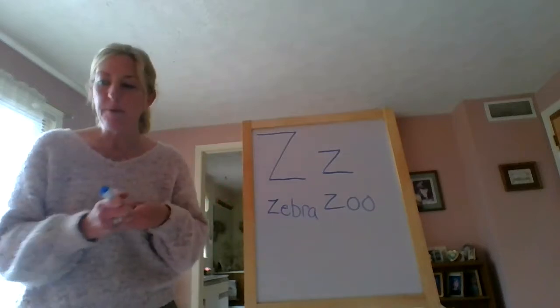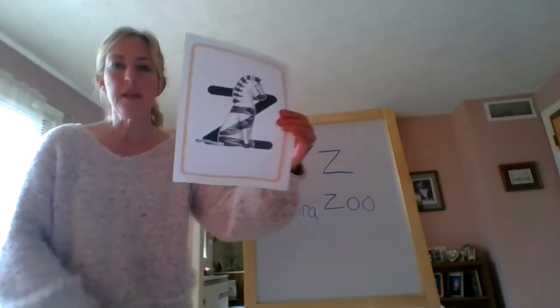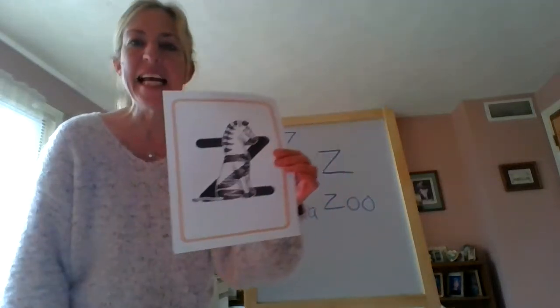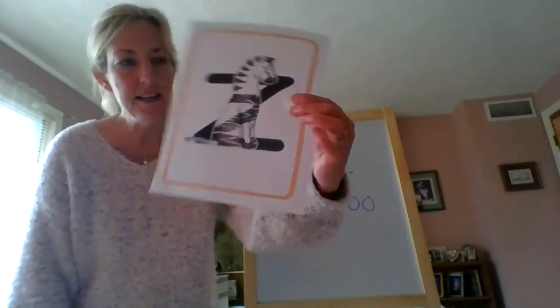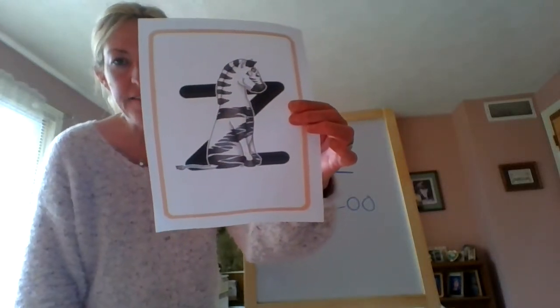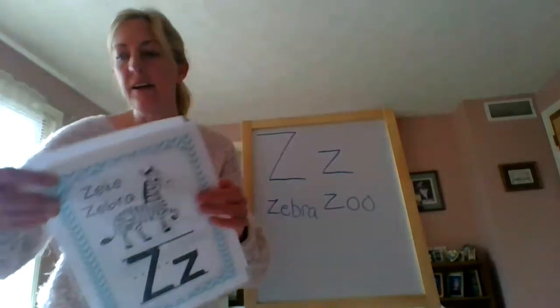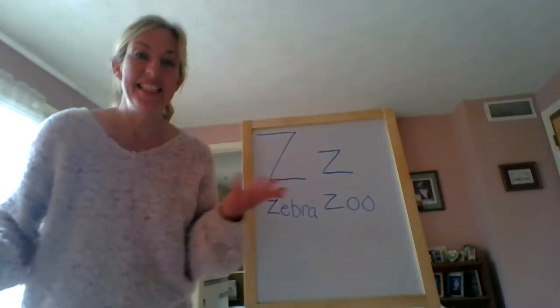Now, our Zoophonics zebra's name is Zeke. Zeke the zebra. Here is Zeke the zebra. Look at his stripe, it kind of makes a Z formation. And here is Zeke the zebra. Now, to do our motion for Zeke the zebra, well, Zeke the zebra is kind of lazy, and he loves